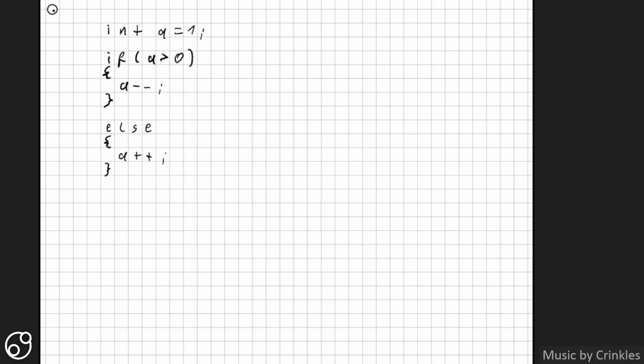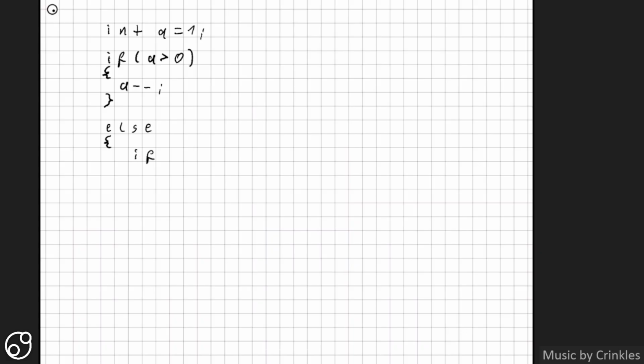And now let's say I wanted another option. What if I wanted to react to a being greater than 0, and another one if it's less than 0, and a third one when it's exactly 0? Well, things get a bit more involved. What I can do here is, if it's greater than 0, I just do the decrement. But if it's less than or equal to 0, I have this code block here, and in this code block